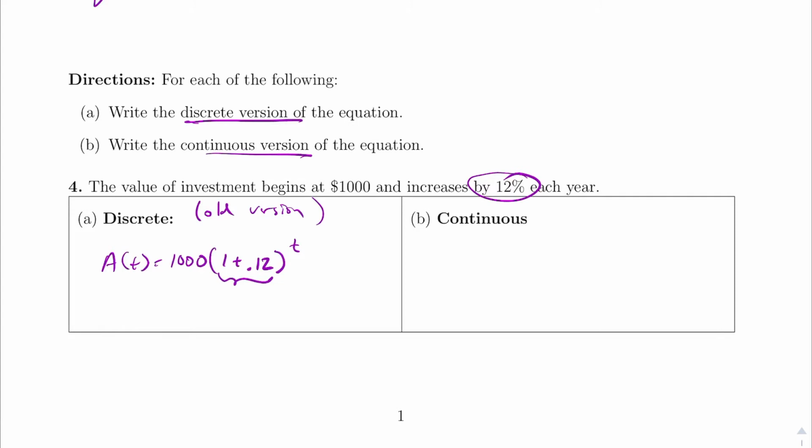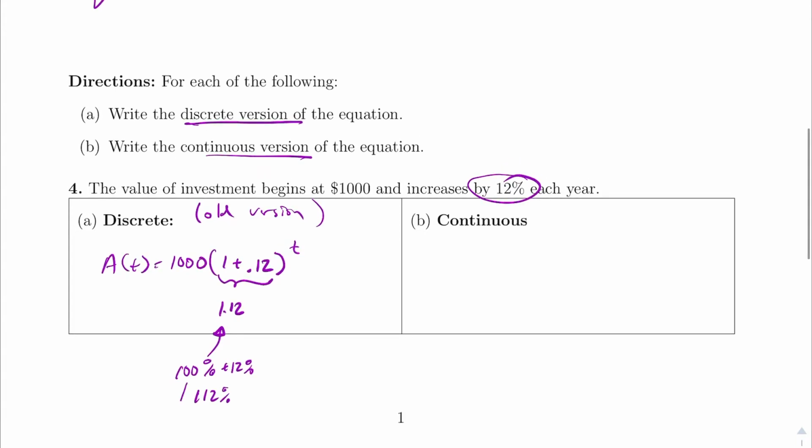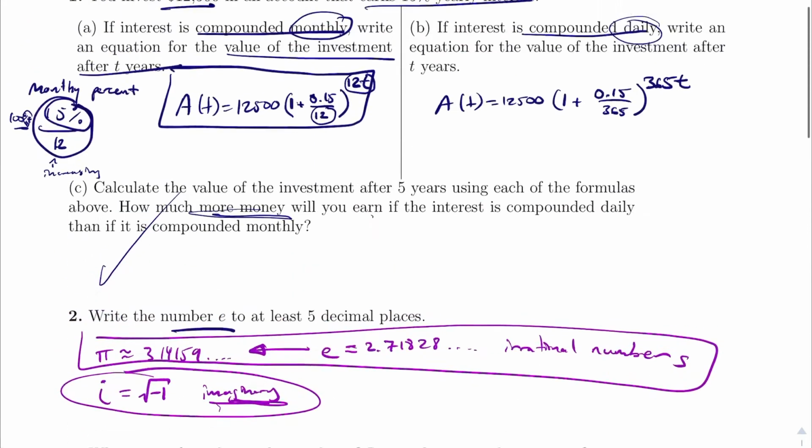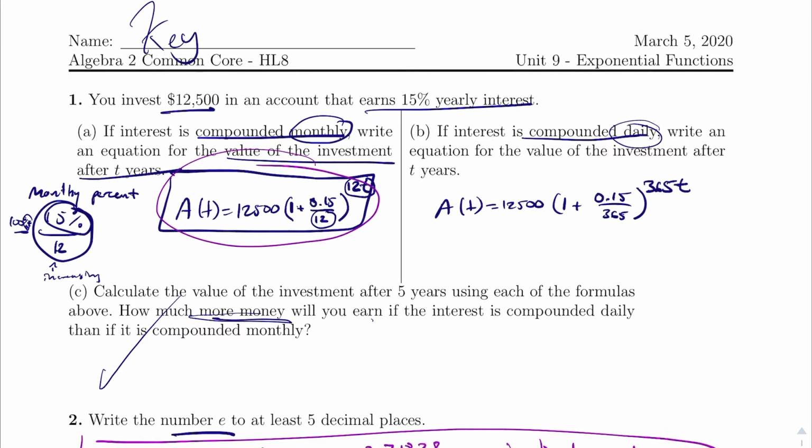Now this part we often write as 1.12, and we often think about doing that in advance, where we say 100% of what we had before plus the additional 12% would make this 112%. But you could write it as either 112%, 1.12, or keeping them separate, and all of those are correct. This is more similar to what we were doing up here with the fractions, though, and so I like this